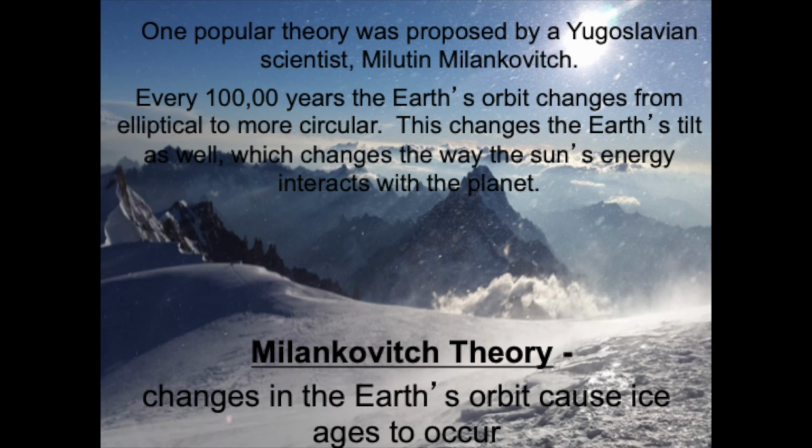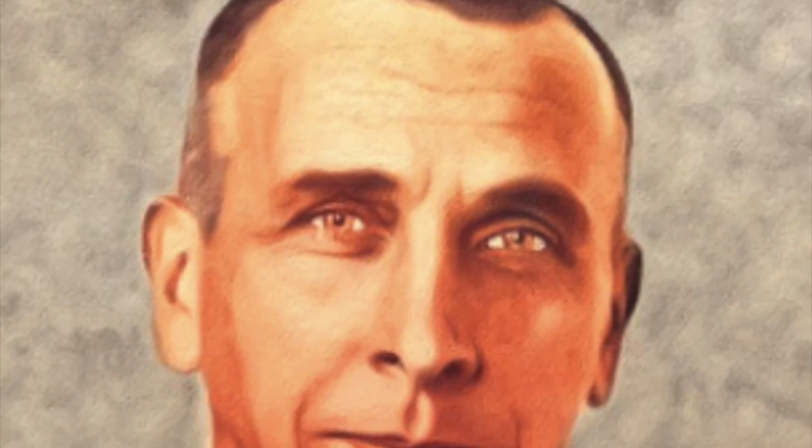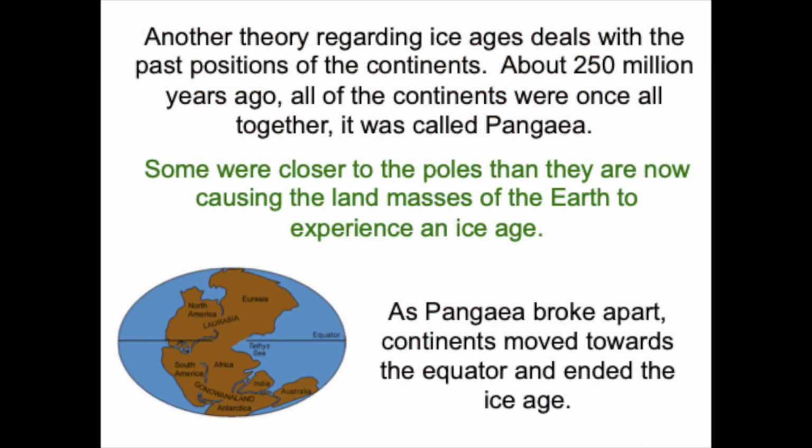Earth's overall climate. Now, along with the Milankovitch theory, there's also a theory that was set forth by a German scientist by the name of Alfred Wegener, and he actually said that Pangaea was a supercontinent, and at some point the continent broke apart and the continents drifted to their current position and thus changed the climate on each particular